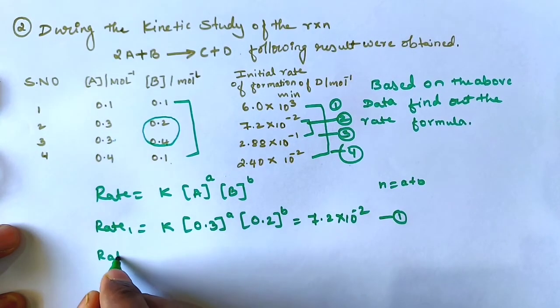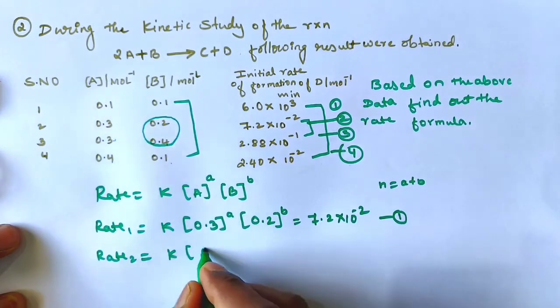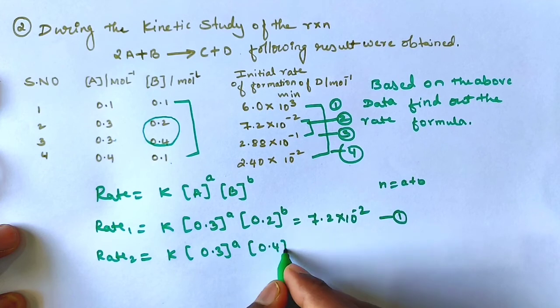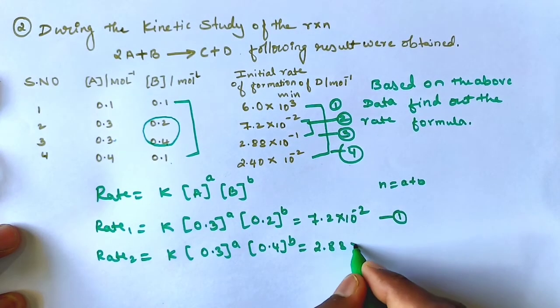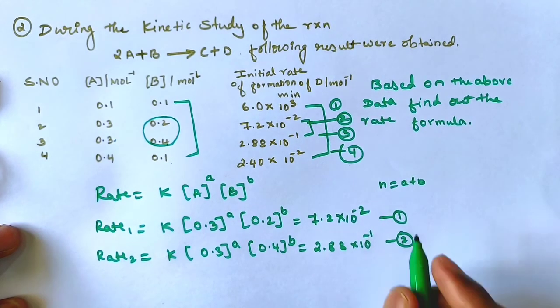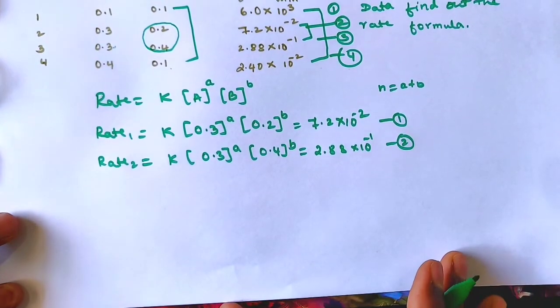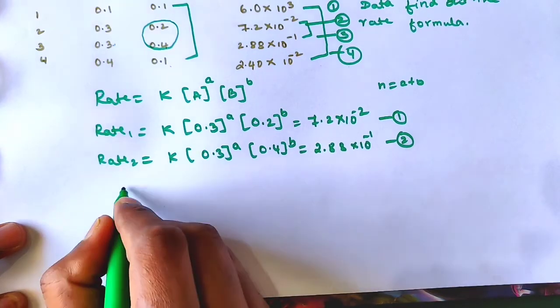Then rate 2 is equal to k into, from the third experiment, 0.3 to the power of a and 0.4 to the power of b, that is equal to 2.88 into 10 to the power of minus 1. So now divide equation 1 by 2. We have to divide equation 1 by 2. So we can write like this,